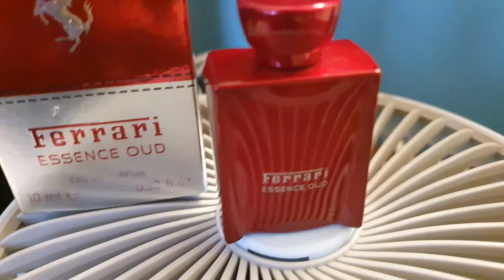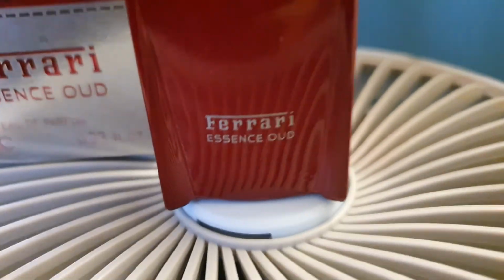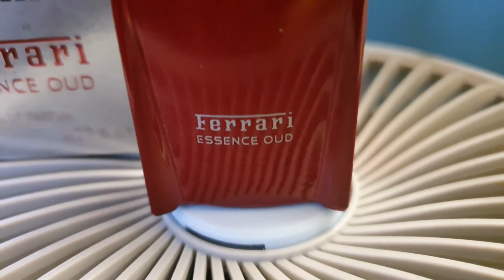3.5 out of 5 for Ferrari Essence Oud perfume. Do consider these. Don't blind buy. Test it. If you love it,